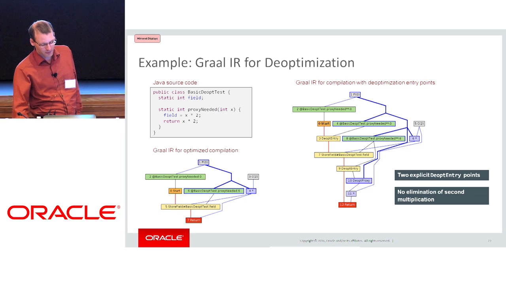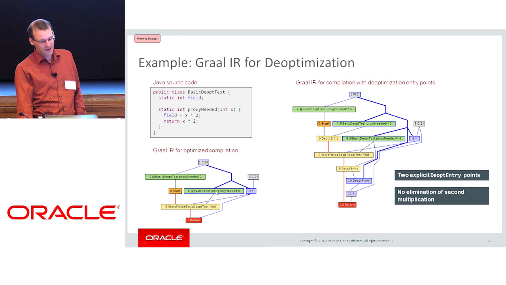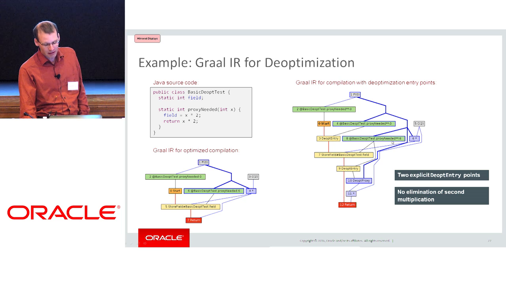So let's assume we de-opt to this bytecode index 6 at this point. To look up this de-opt entry point, the steps are: you have optimized machine code with a program counter. You look up the metadata to find this frame state. This frame state says it's this method with bytecode index 6. You look up the de-opt entry point for this method, which would be this graph. You look in this graph for the matching frame state of a de-opt entry with bytecode index 6, which would be this point. And then you know this is the point you have to de-optimize to.